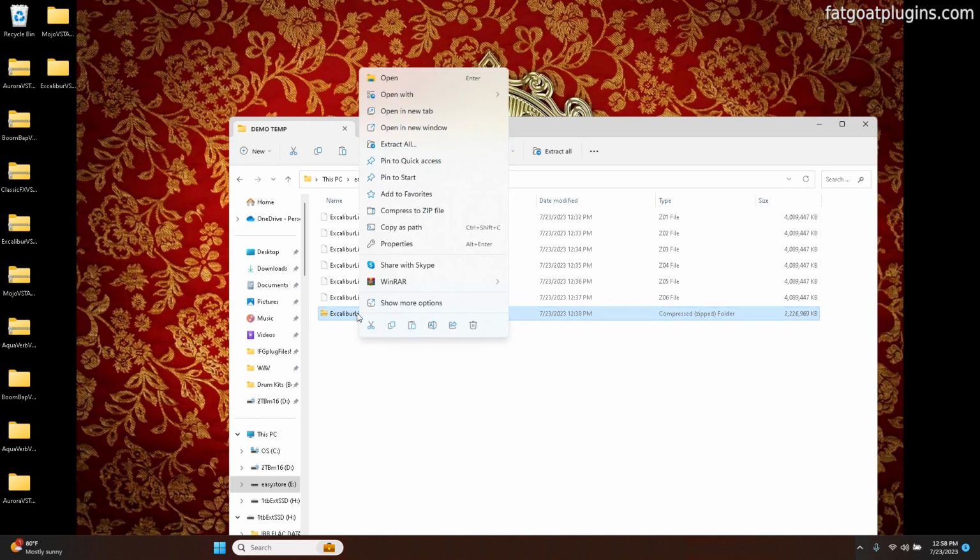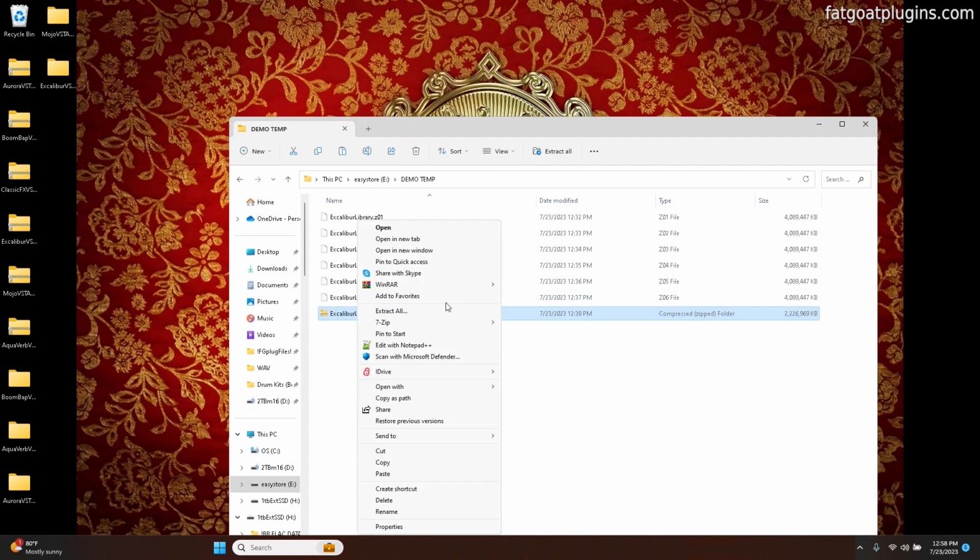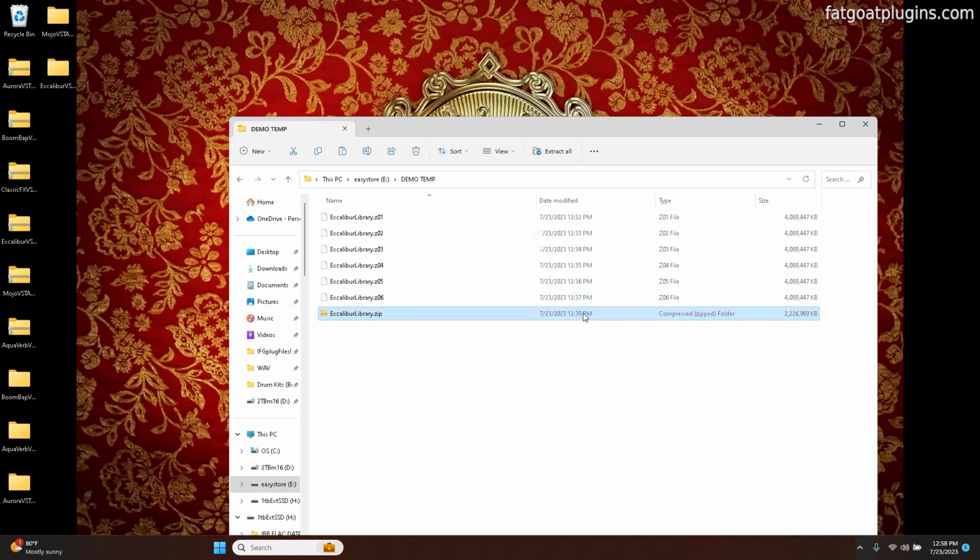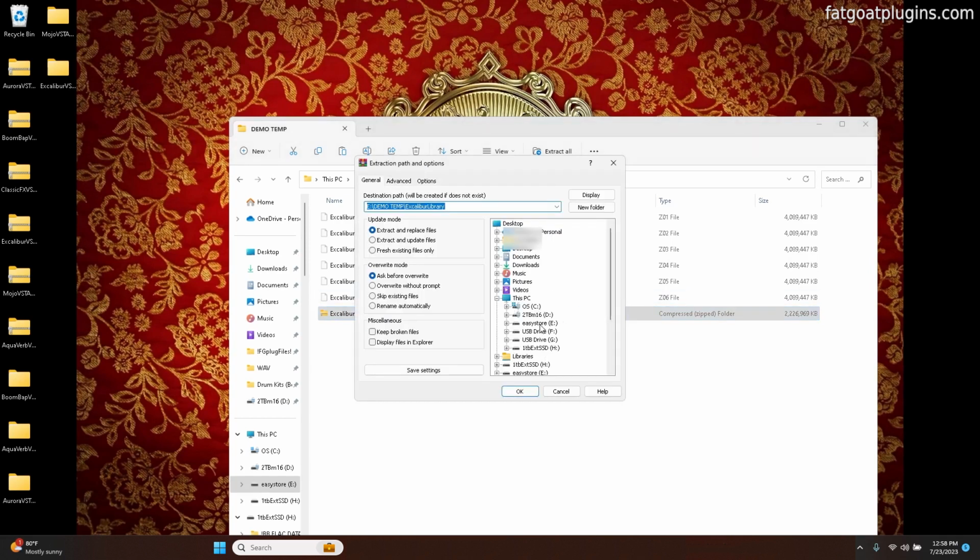On PC, I'm just going to use WinRAR, but you can also use 7-Zip if you see it right here, and extract files. I'll use WinRAR for this example. You're going to want to do Extract Files, not any of these, because here you can specify exactly where it's going to go. So I'm just going to extract files and put it on the root of this big